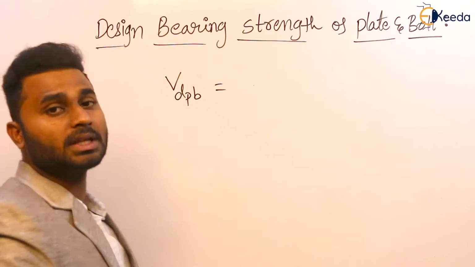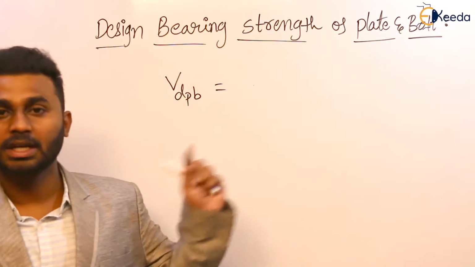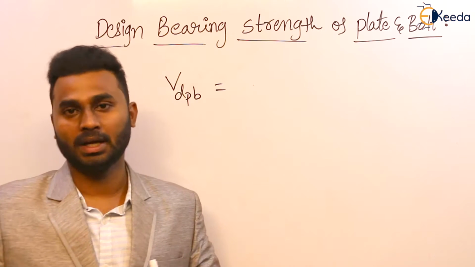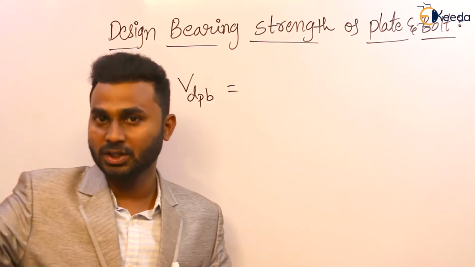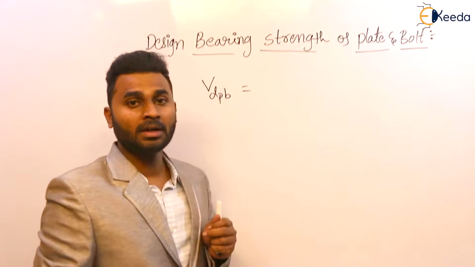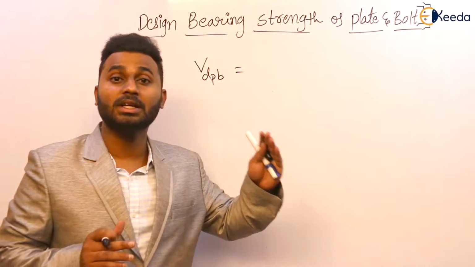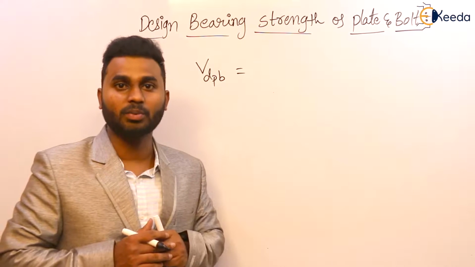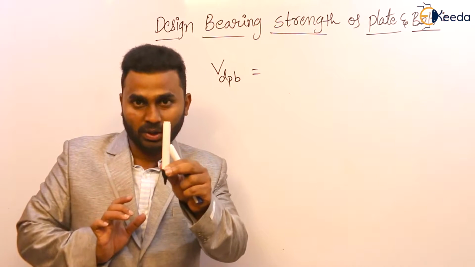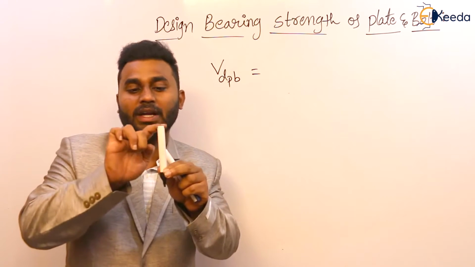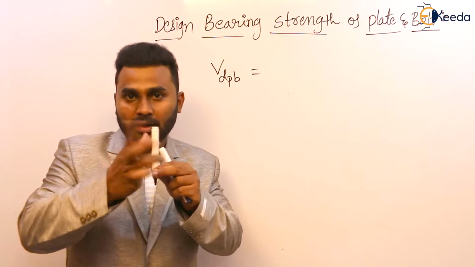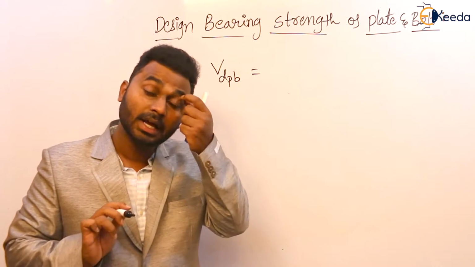to, we know the formula for writing the strength. Strength is nothing but stress into area, the area on which that effect is acting. So for bearing strength, what is the area undergoing bearing? Of course, in our previous classes we have seen in detail what the bearing area is. The projected bearing area is a rectangle. If you take this as a bolt, upon pressing, it finally becomes a rectangle, so the rectangle means this length, or you can say the thickness, into diameter. Clear or not? So the rectangular area is the area in bearing.